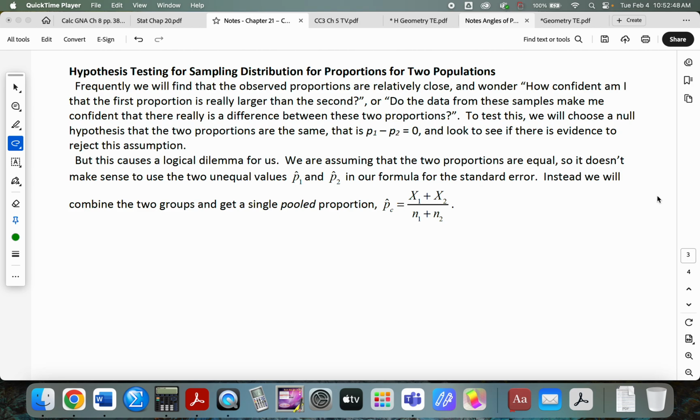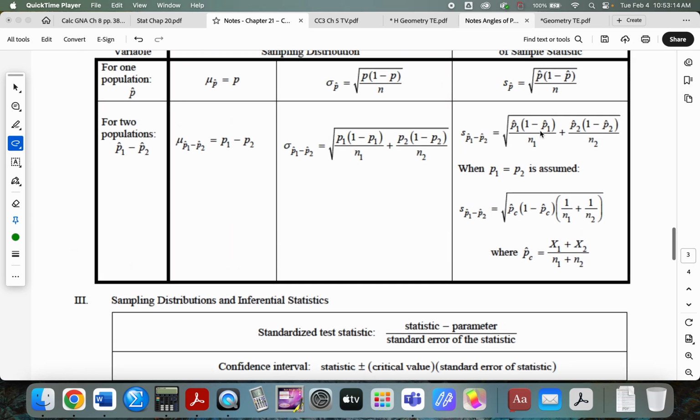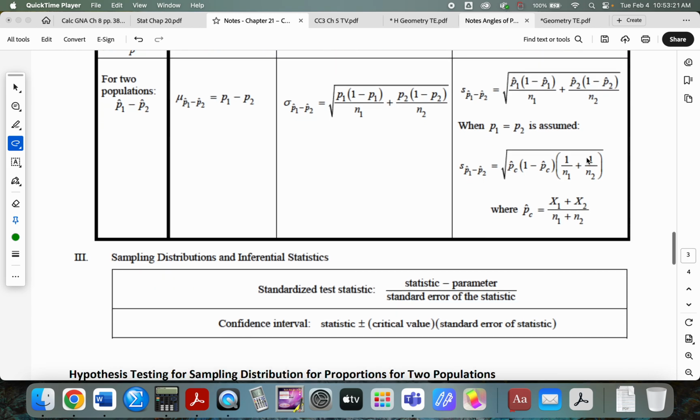But that leads us to a problem. We're assuming that the two proportions are equal, so it doesn't make sense to use the two unequal values, P1 hat and P2 hat, the observed proportion of population 1 and the observed proportion of population 2. It doesn't make sense to use that in our standard error, because if we're assuming that those are the same, well, why would we bother? Instead, what we do